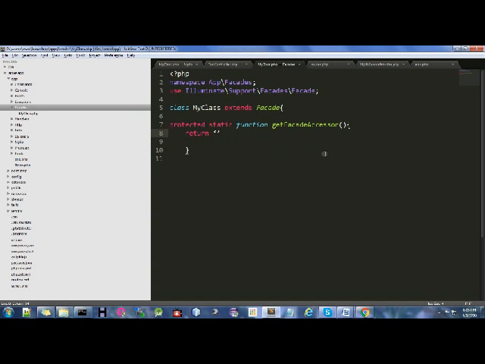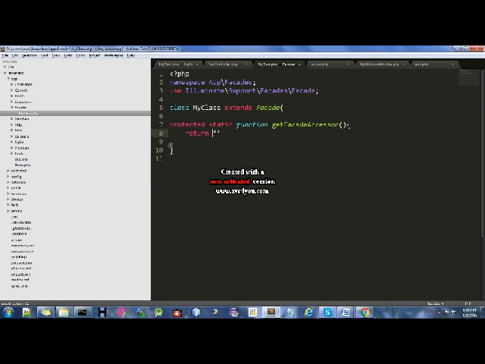I have created one file with the name my class in the facets directory. So this is my facets directory, where my class extends facets, then the get facet accessor. This is the most important function, which we will use to get the instance during the program execution. Like we are having one class, so we would like to use the instance of this class. We have one class with the name mylib, my class.